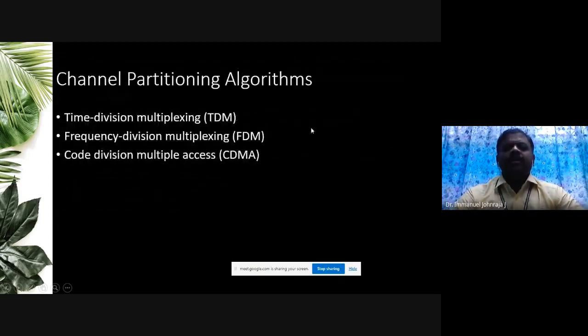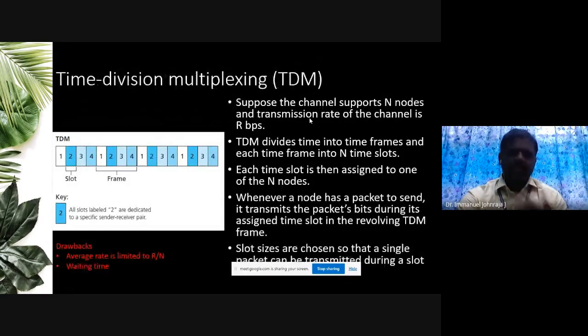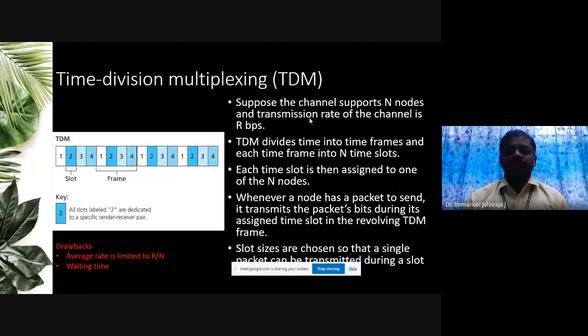Okay. What are the major classes again under channel partitioning? You have TDM, time division multiplexing, frequency division, and code division. In time division multiplexing, the channel is divided into different frames or slots, and every station is permitted to send data in its specific slot. It is on a round robin basis, and if it follows weighted round robin, more than one slot can be given to a specific station.